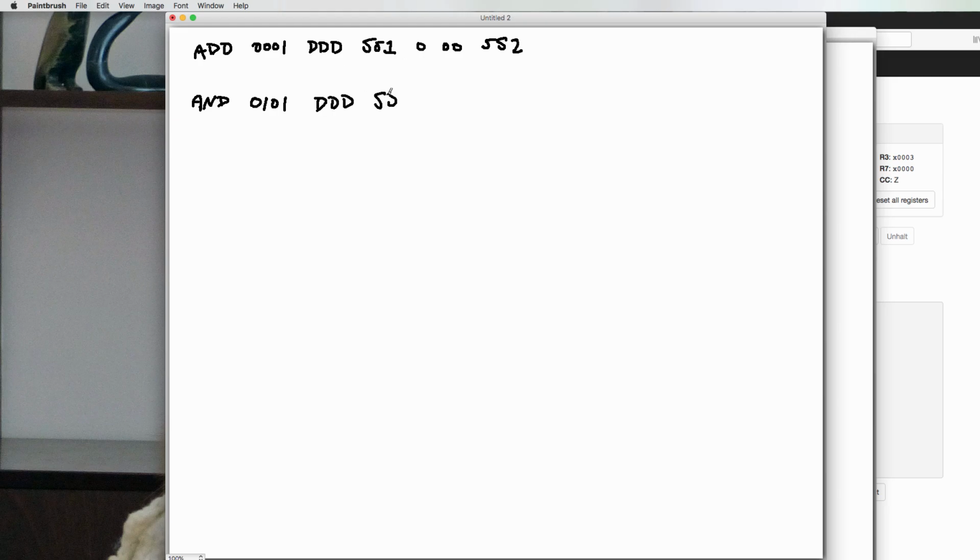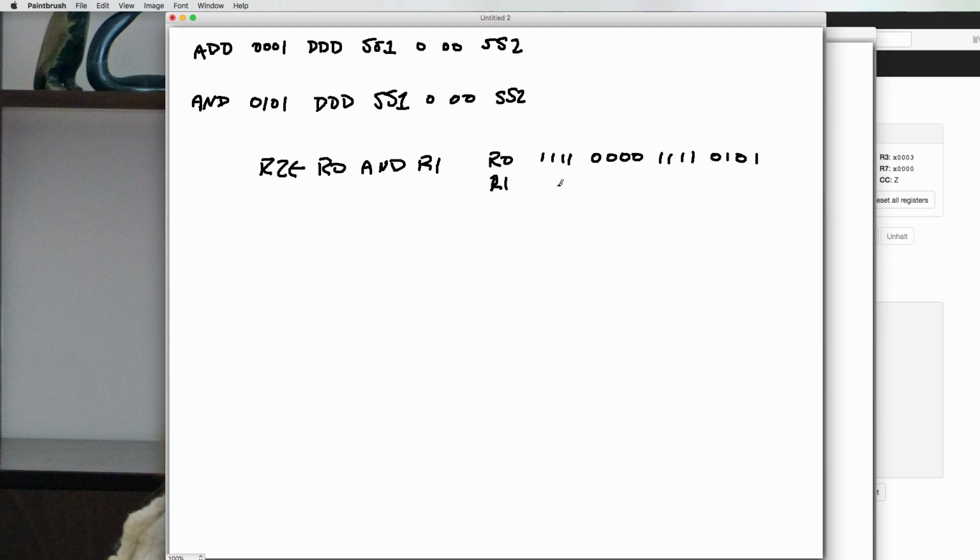DDD, SR1, 0 0 0, SR2. And what that means is that if I wanted to say something like let R2 get R0 and R1, it's doing a bitwise and. So if R0 looked like the following, and R1 looked this way,